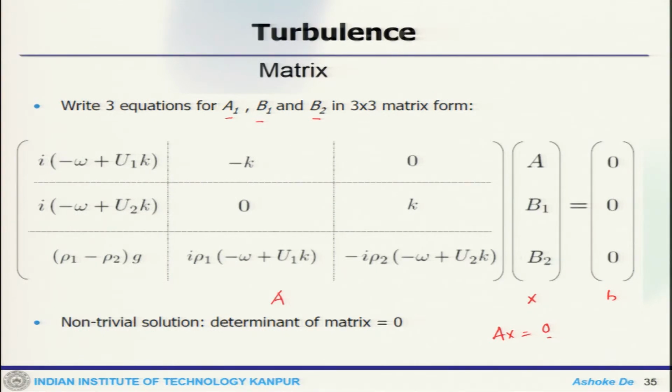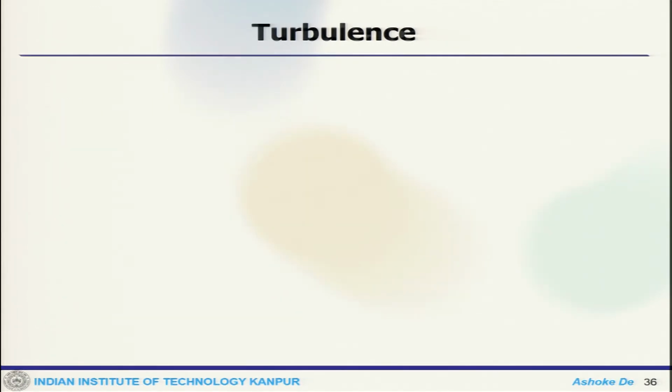You put things together, you get that particular situation, and the non-trivial solution exists because the determinant of the matrix is 0. Now, if you look at the solution, there is a quadratic equation for omega,